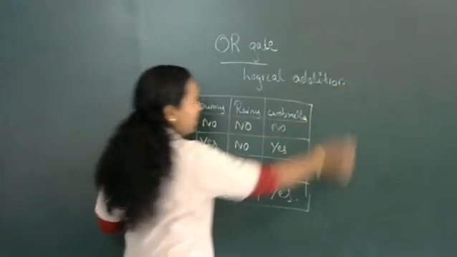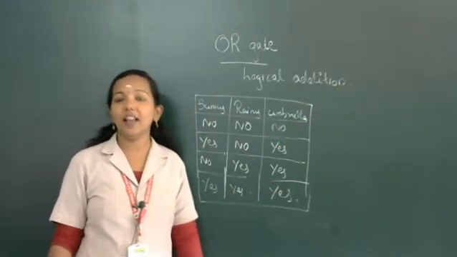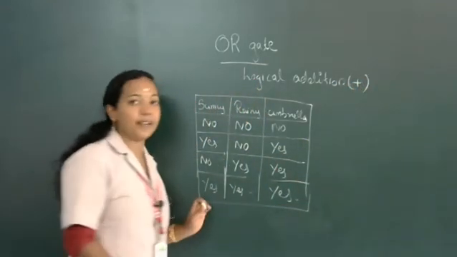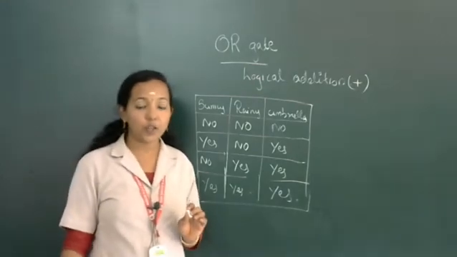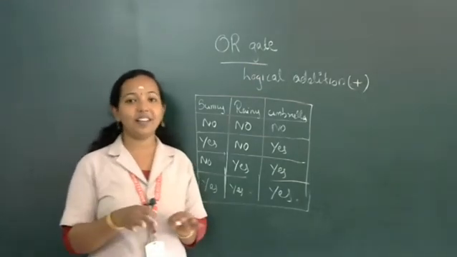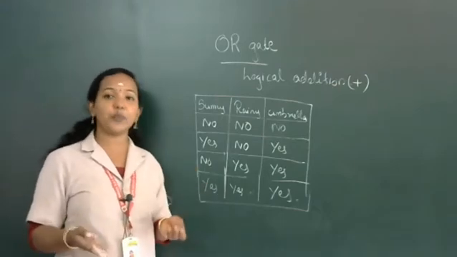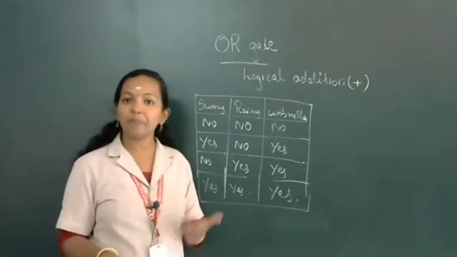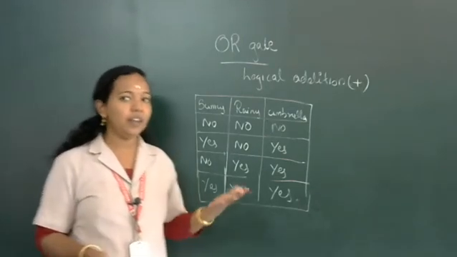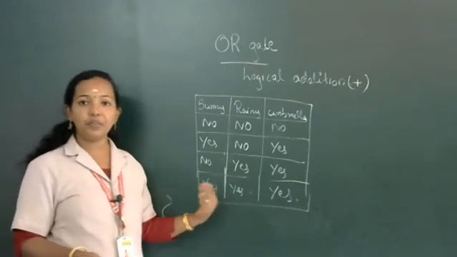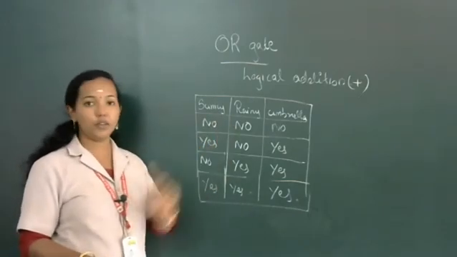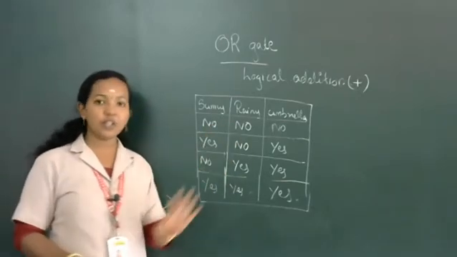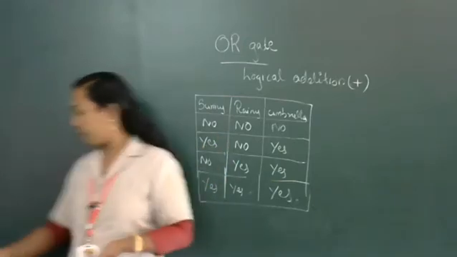The OR gate is used for performing logical addition, and the symbol we use for representing the logical OR operation is the plus operator. It is logical addition, but it is not related to normal addition. It is Boolean algebra addition and it uses binary values, so definitely the outputs will be different. In the umbrella example there are two conditions, sunny and rainy. If any one condition is true, the output is true. Only if both conditions are false is the output false.